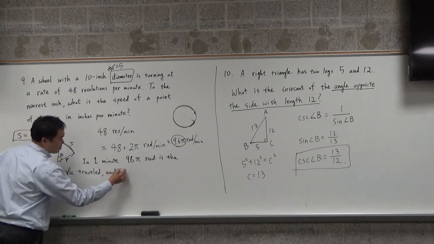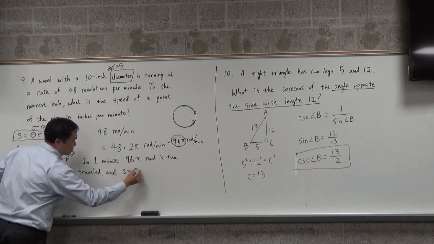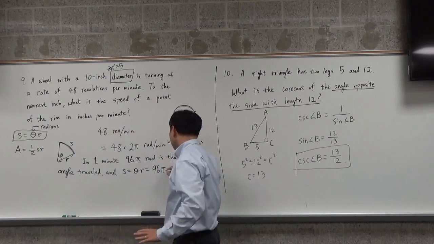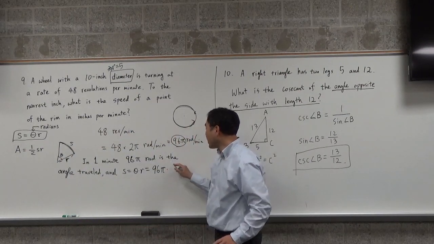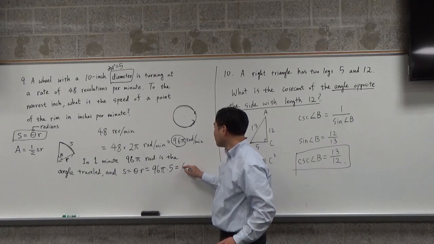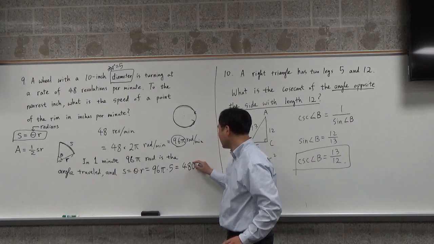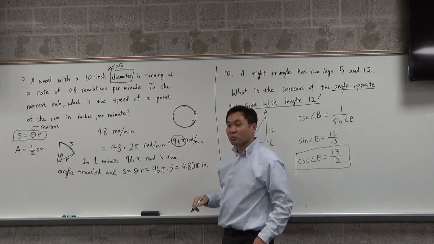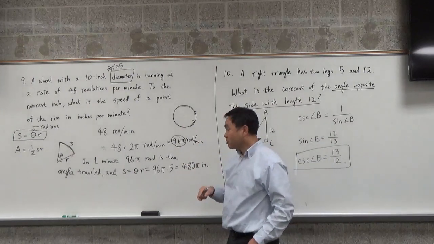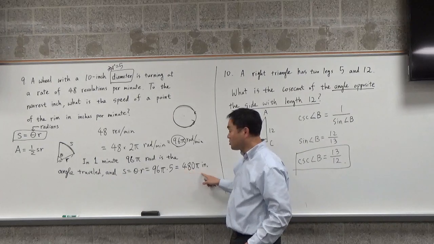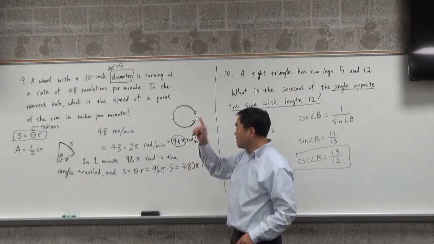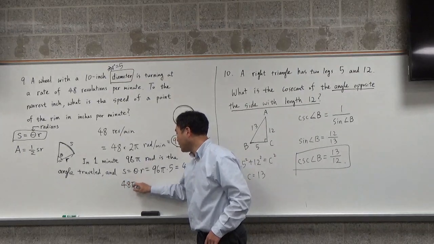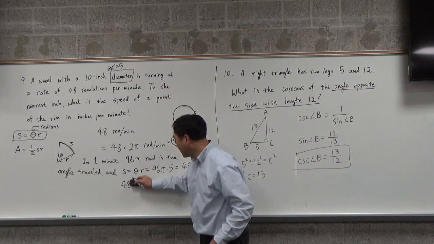And using s equal to theta times r, where theta is 96 pi radians, and then r is 5, you get 480 pi inches traveled for that point. Okay? So because this much is traveled in 1 minute, the answer is 480 pi inches per minute,